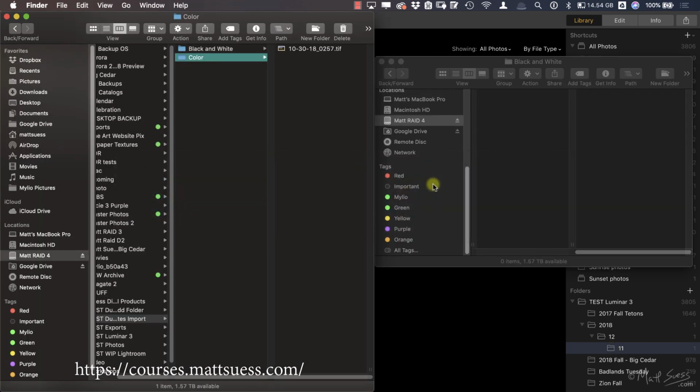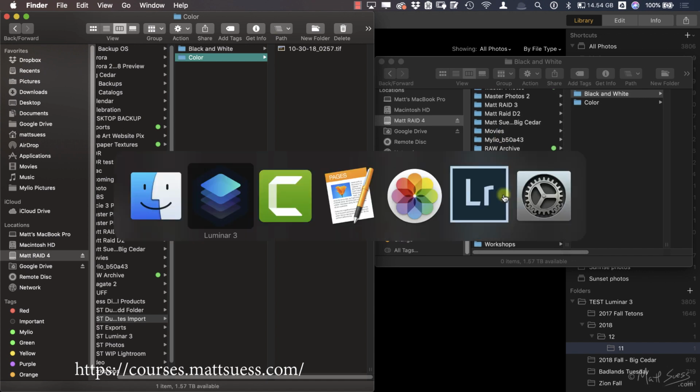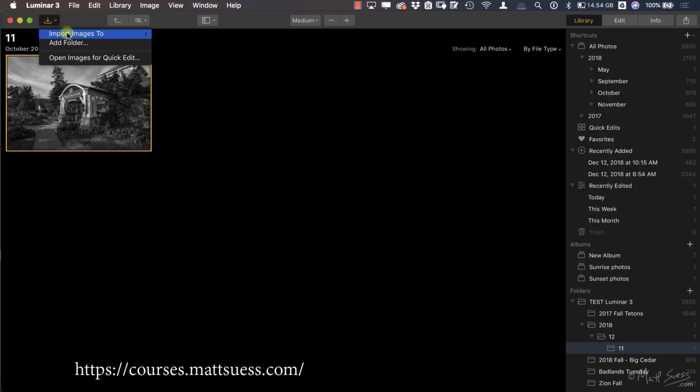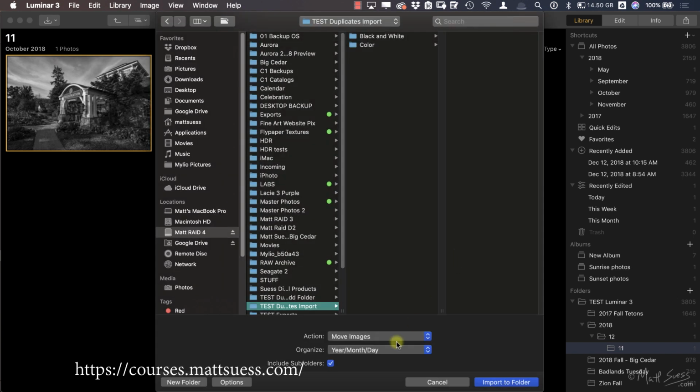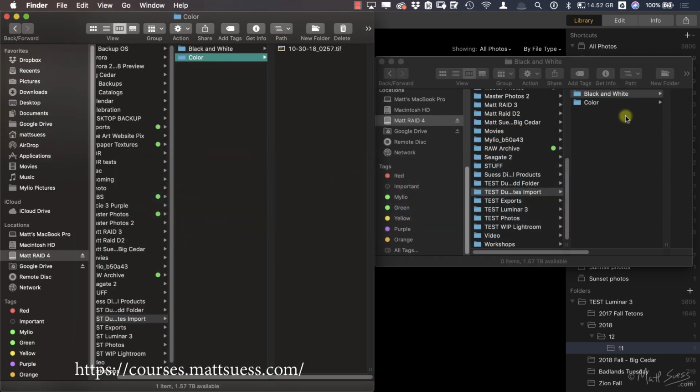Well, if you have duplicate files and they are named the same, and you are using, let's go back over here, and you are using the organization year, month, day, year, month, or into one folder, it's not going to bring in all your duplicates. Let's take a look at that file